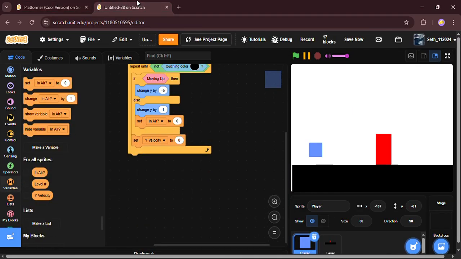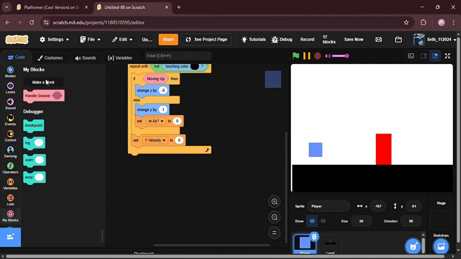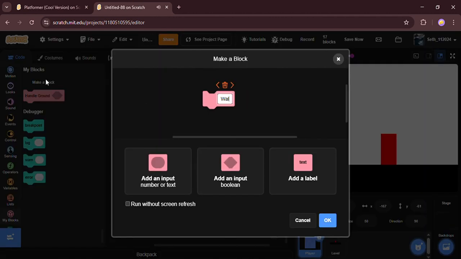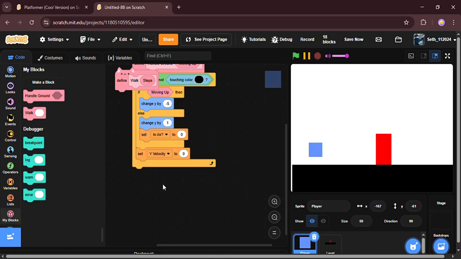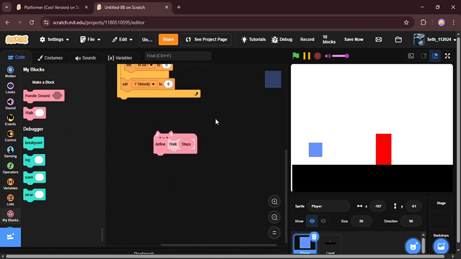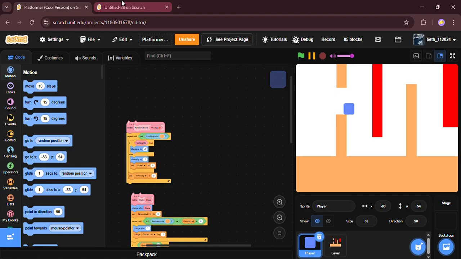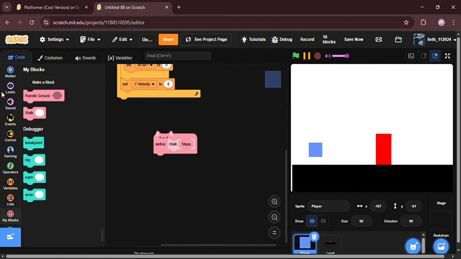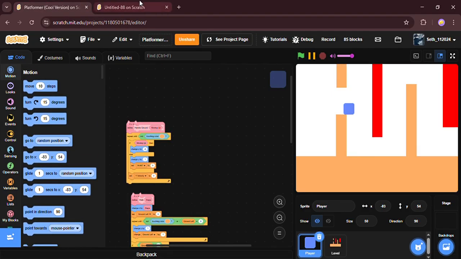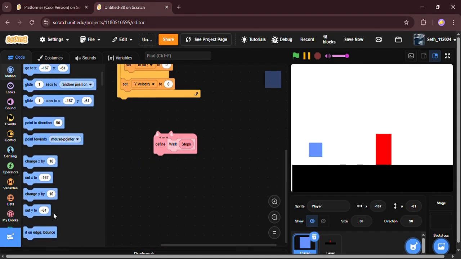Now make another block called walk. I put the input and put steps and press run without screen refresh. Now I'm going to define walk steps, then use change x by steps. Then you set